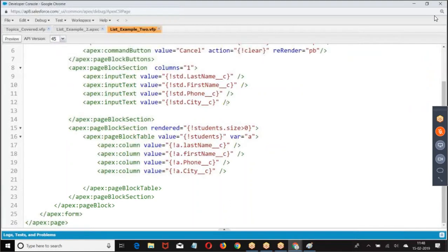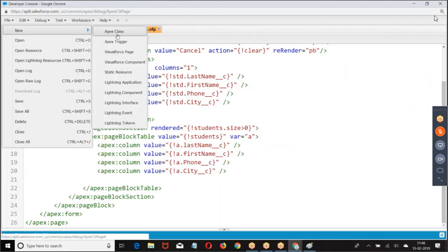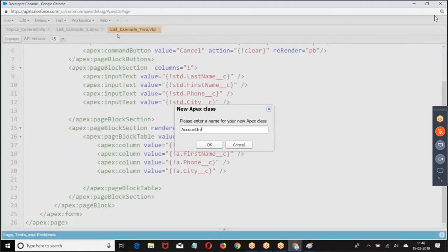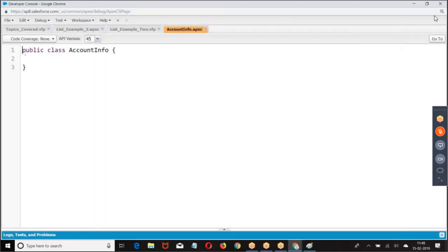First, create a wrapper class, everyone. We had public account ACC, public CON. Now, what is that ACC? It is null. CON, null. So, if you want to use them, what should I do? You have to allocate the memory first and use it. Now, account info is a wrapper class.